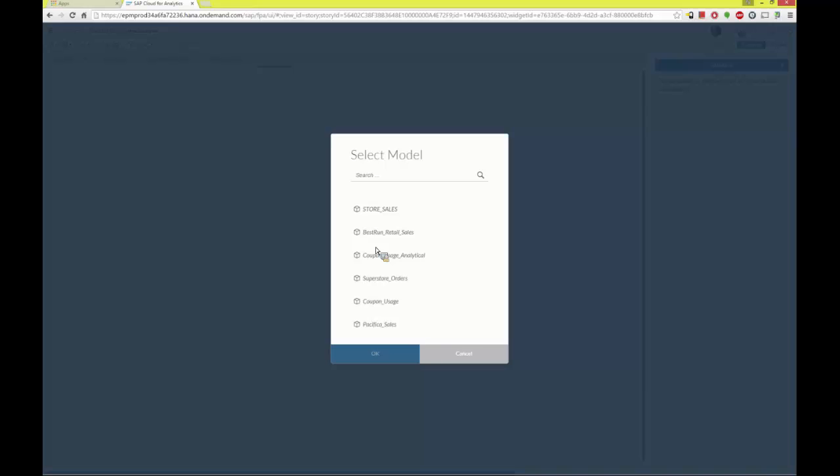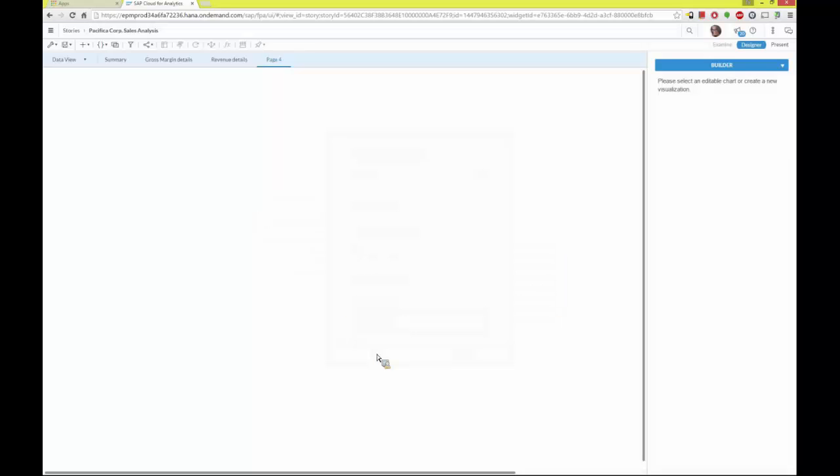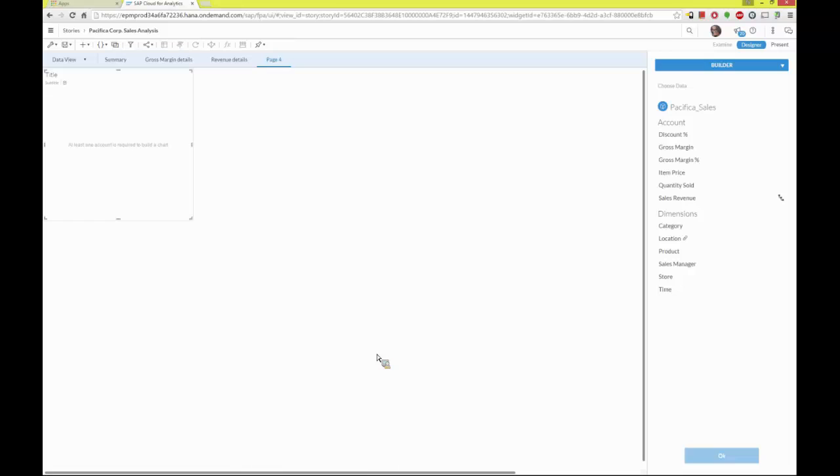Next week, for example, we're adding HCP itself, the database as a service capability, and HCP as a data store, and we'll be adding things like universes very quickly and other data sources. We'll be looking to add dozens, even hundreds of more data sources to Cloud for Analytics in the weeks and months to come. But for now, let's just look at one of these data sources that I've already created that have been modeled, regardless of what data source they came from originally.